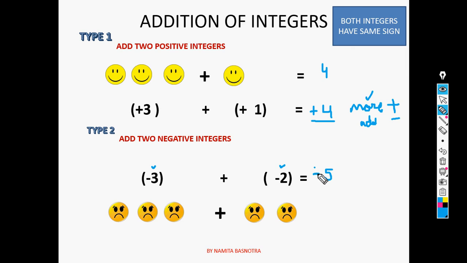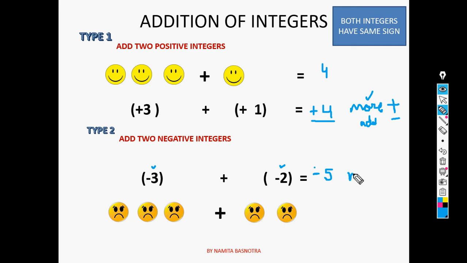I've heard some people saying negative is positive. Negative can never be positive. If you have lost your 3 chocolates somewhere, and then on the next day you come to know you lost 2 more chocolates, so you have lost more now. Will that be positive? You're losing one day and losing on the second day also. Will that be positive or will that be plus? No. So negative and negative is more negative.